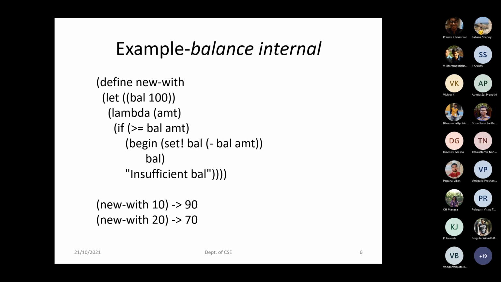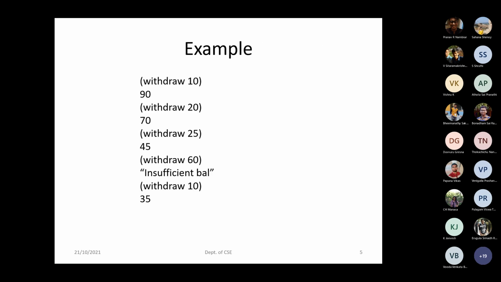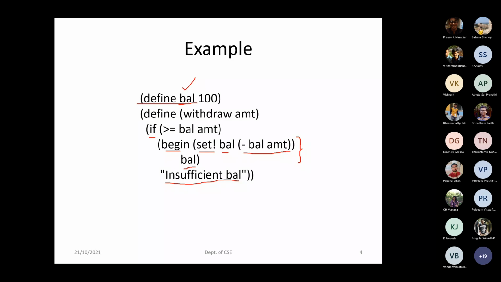Okay, moving on, let us see what the different ways are. So now if you define this procedure in this way, what happens? If you see here, the balance has to be set as a global variable, right? So whenever a variable is a global variable, by using this withdraw procedure, I can modify it. Similarly, by using any other procedures, I can update this variable balance. I can modify the value of this variable balance, right?